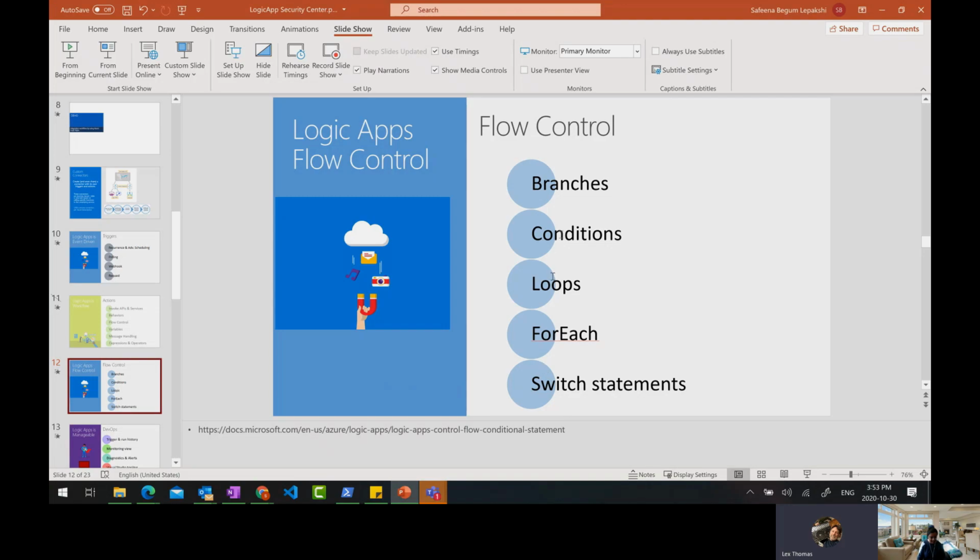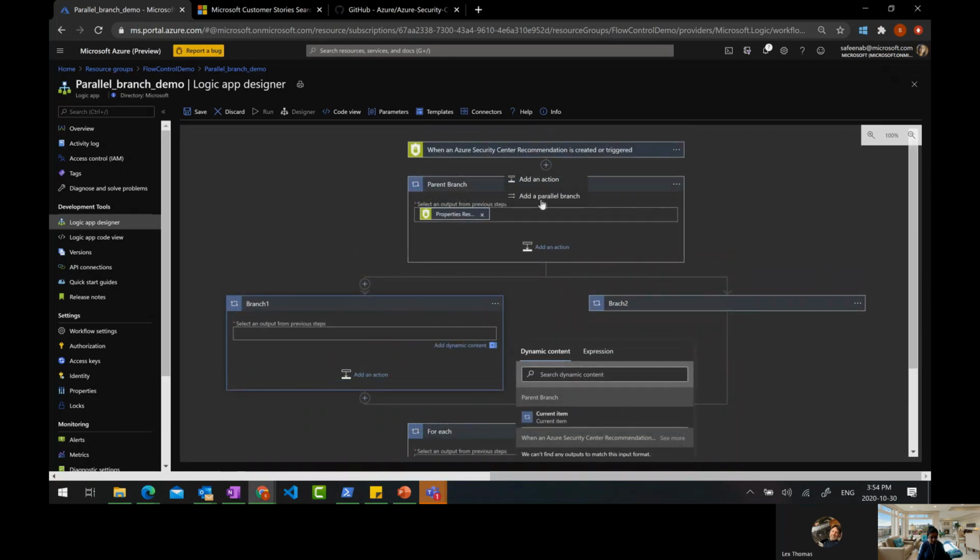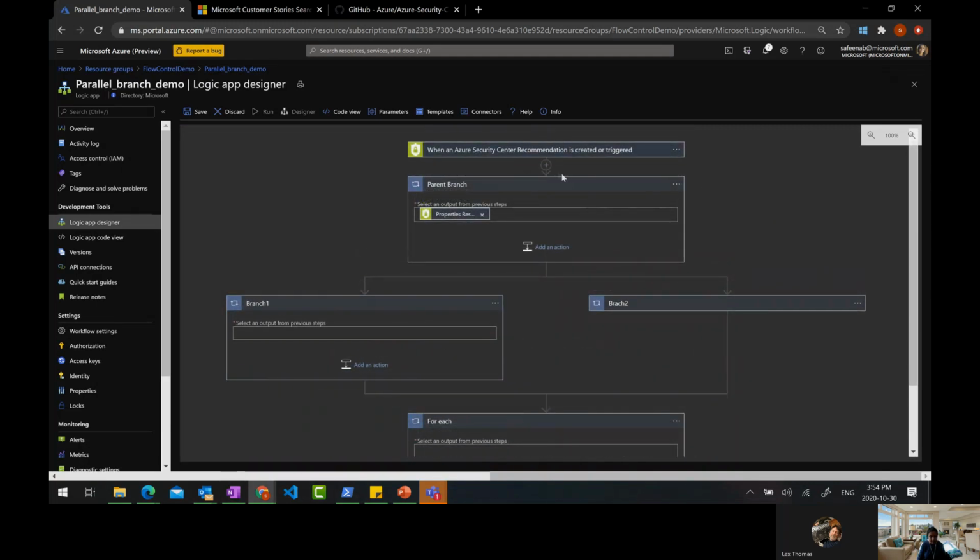Absolutely. And then we have conditions, just like branches. In the branches, what we did is we added the parallel branch. Say, for example, I am monitoring a feed. Suppose I want an automation that will send me an email when a new item appears on the website's RSS feed, but I don't want too many emails. So in those scenarios, I can add a condition statement to send email only when a new item includes a specific